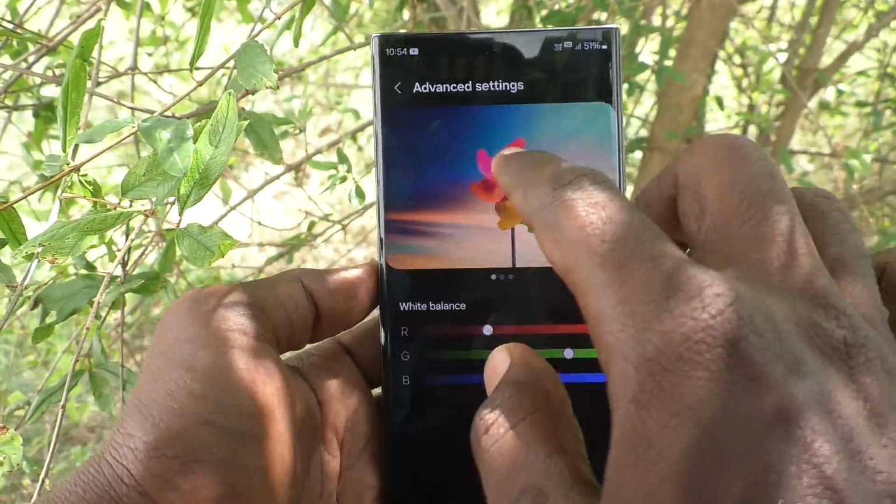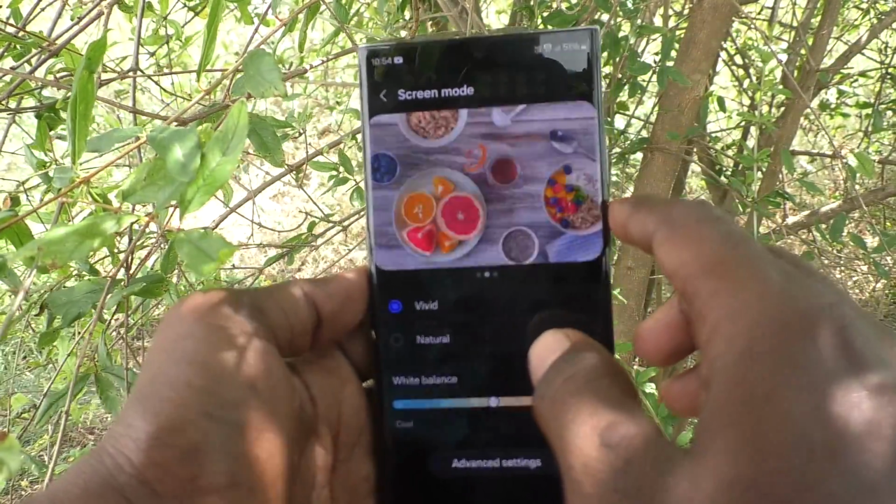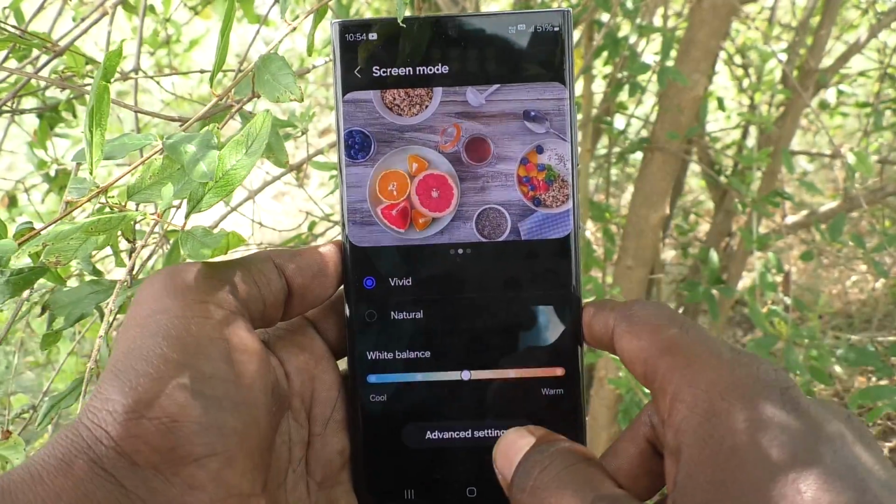Ultra 5G. In this way you can easily set any desired screen mode in your phone Samsung Galaxy S23 Ultra